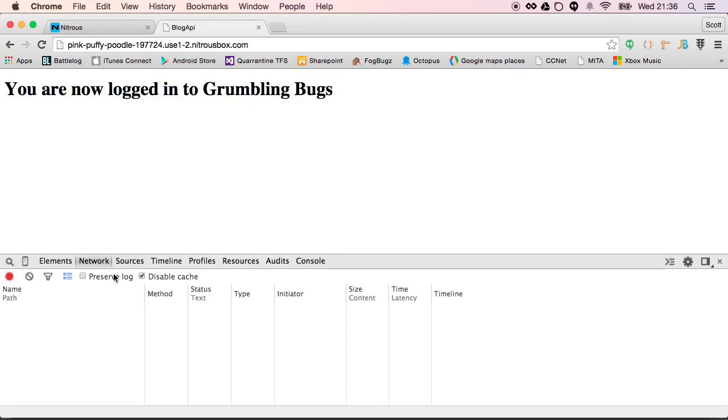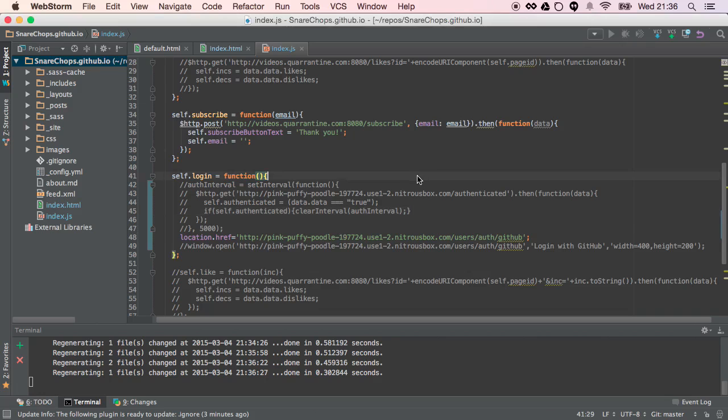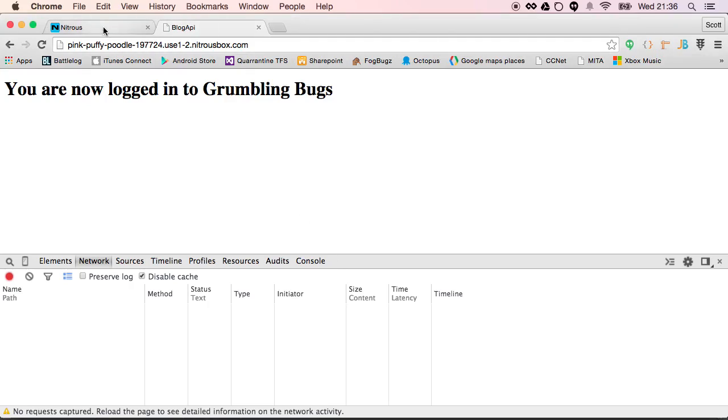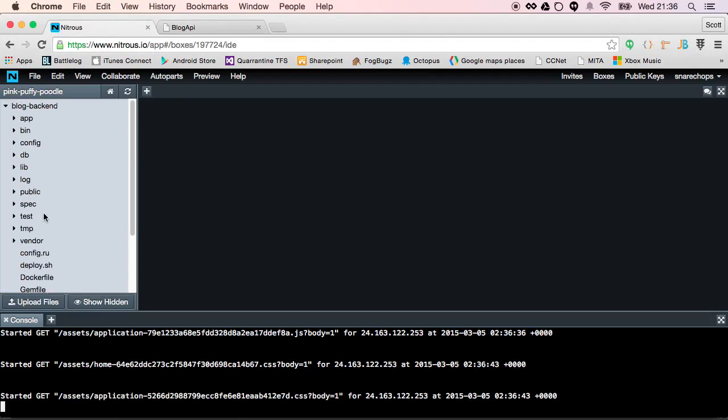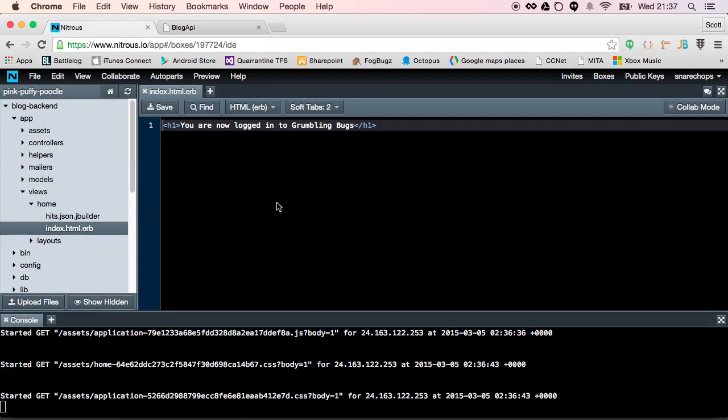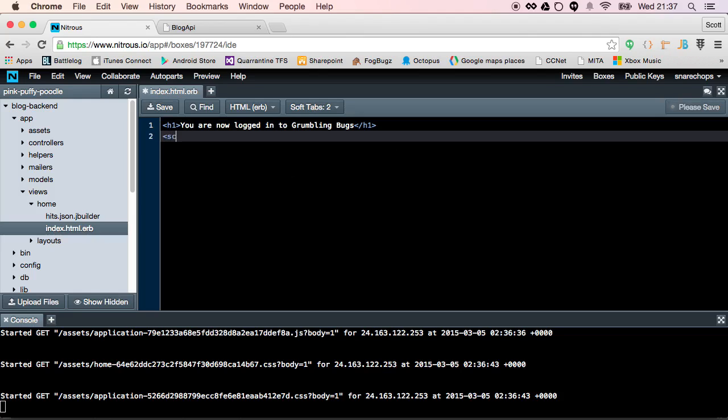So I'm going to open up the network panel here and just get that prepared for us. And so we need to go back to our Rails application. And we're going to go into our app, views, home, and index, right? So you're now logged in here. Then what we secretly want to do is a script type text/javascript